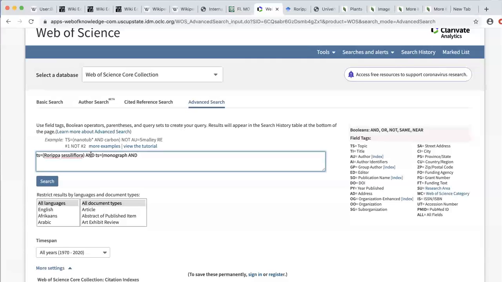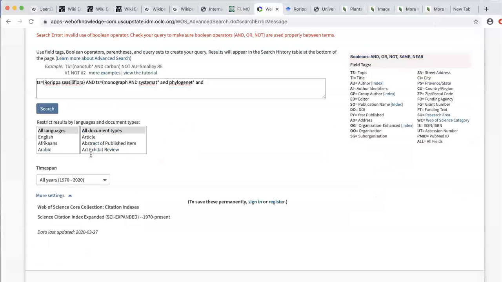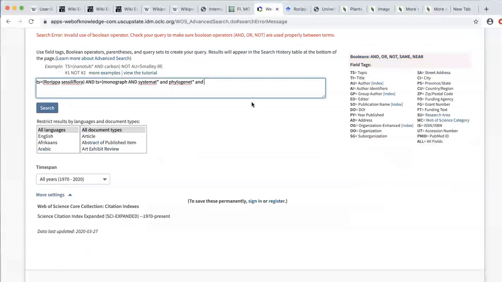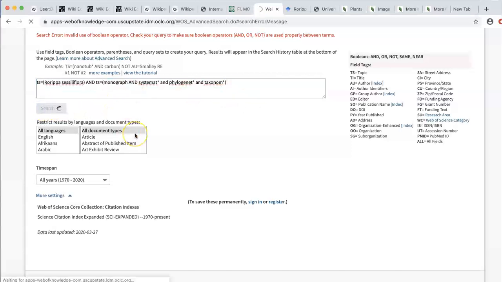We can also look for systematic and phylogenetic. We'll put in taxonomic. Again, using wildcards where words might be shortened in different ways. Now if we search,